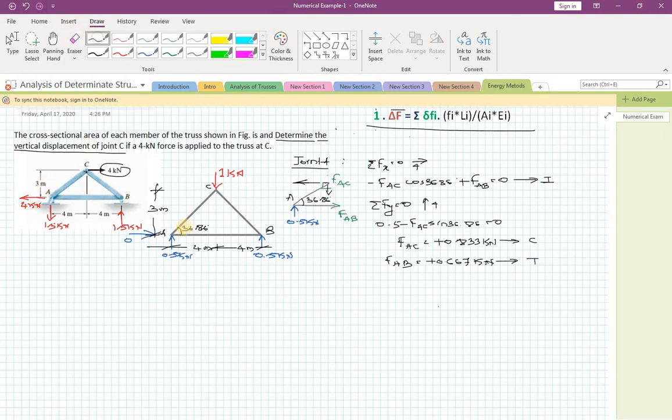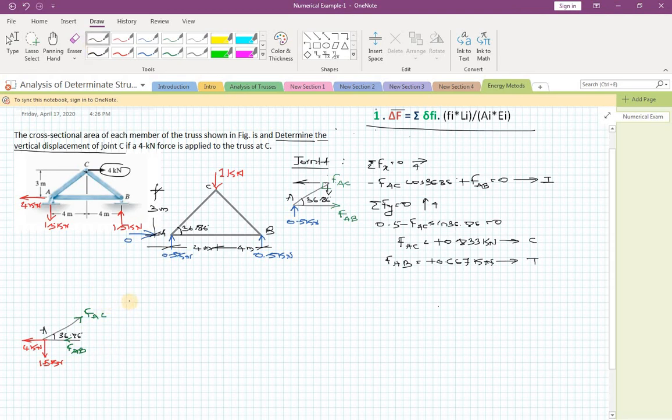and equal, that is 4 kilonewton, because the system is in equilibrium. Okay, now once again the same procedure. I will take joint A and draw the free body diagram. Okay, I have drawn the free body diagram of joint A. Let me once again assume some forces. Here let me assume a tensile force, and I will call this FAC, and here let me assume a compressive force, FAB. These are just assumptions, and the final answers will tell us whether the assumptions are correct or not.